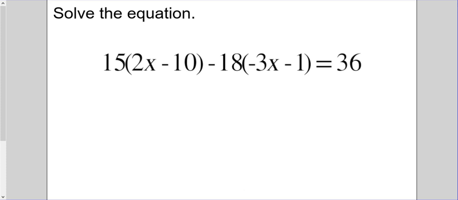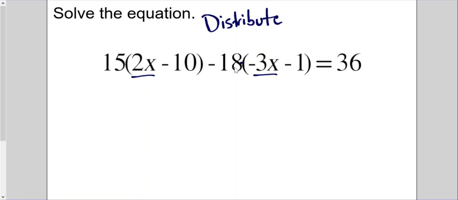All right, so here I am trying to solve this equation. I really want to get x completely by itself, but the problem is right now I have an x term here and an x term there. So I can't really get x by itself until those two x's combine to make just a single x term. So the way I'm going to do that,